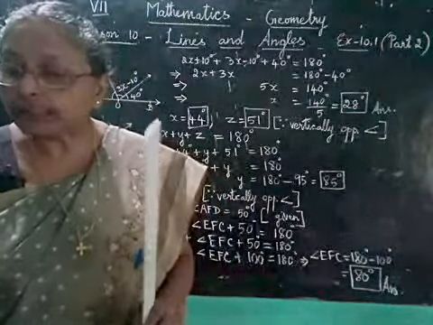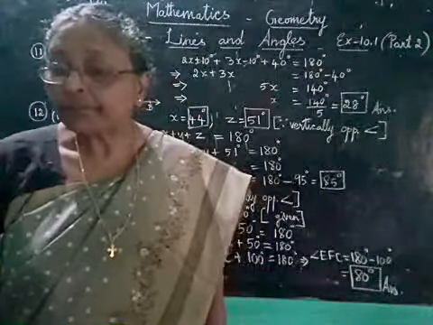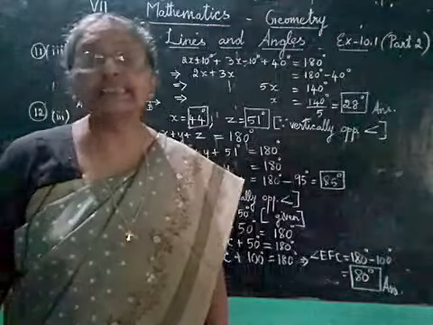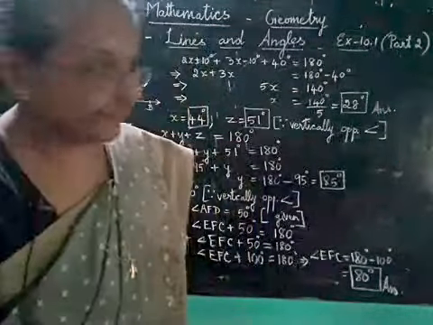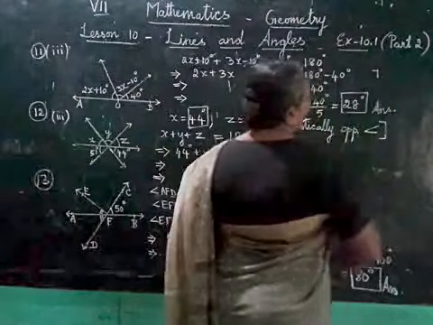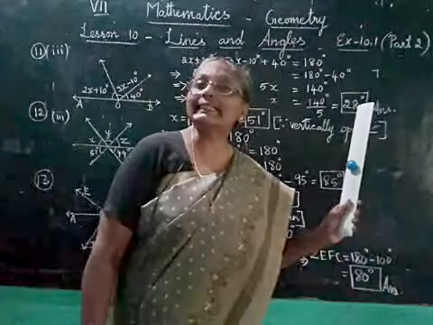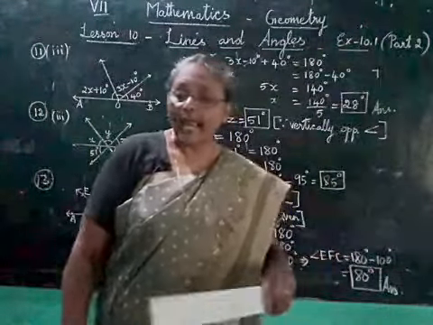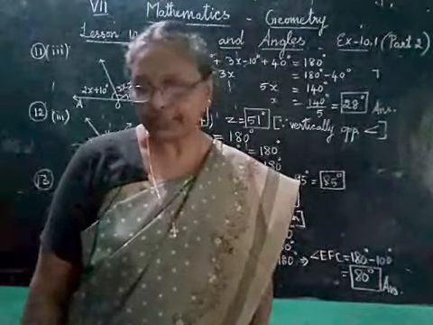You can see the second subdivision in your book. In the second subdivision, there between angles x and y, the angle is given like this. There is a symbol like this. Between two angles you can find this symbol. That means that is 90 degrees. So the angle between x and y is 90 degrees you have to take.